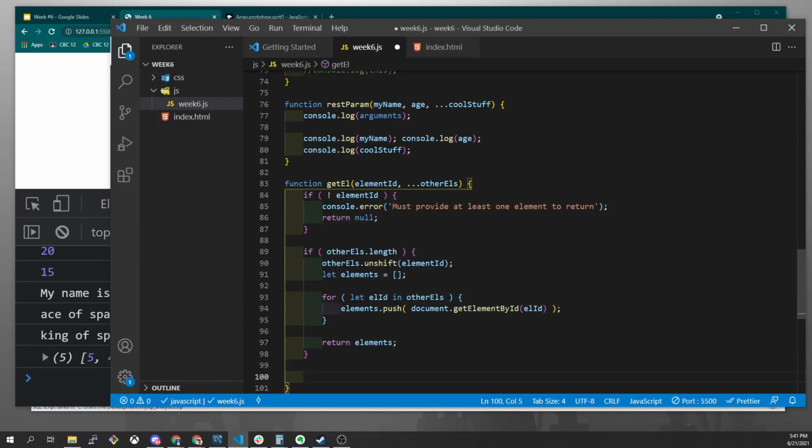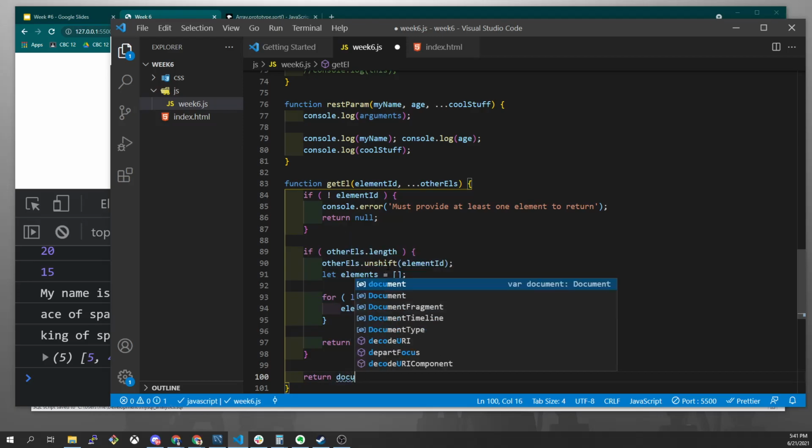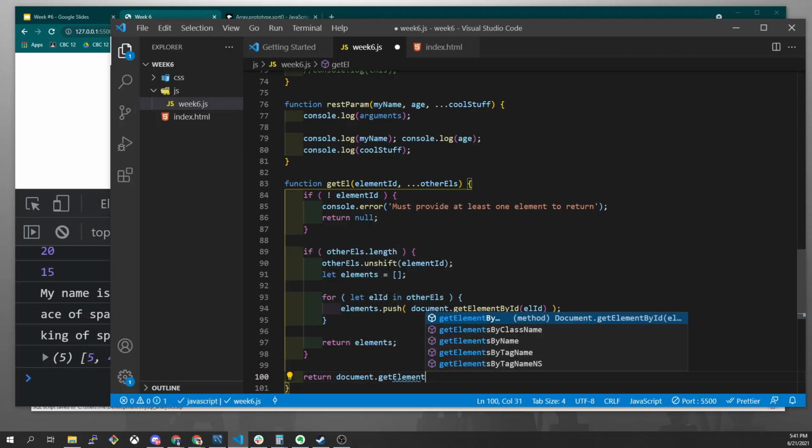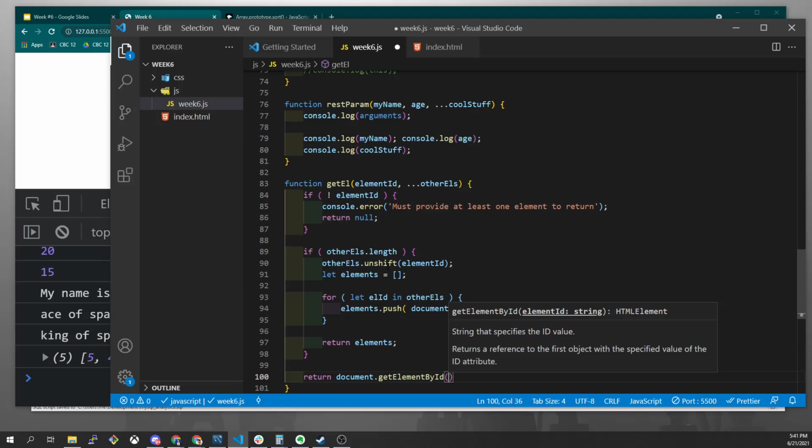Otherwise, we will say return document.getElementById